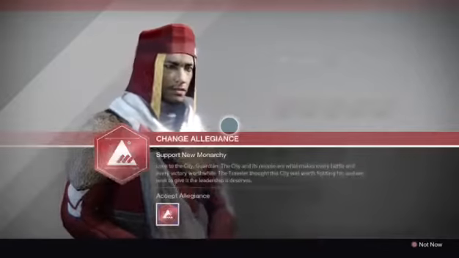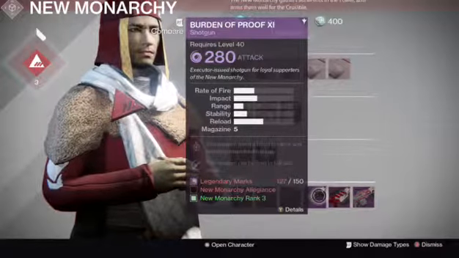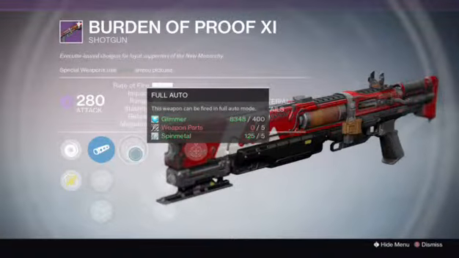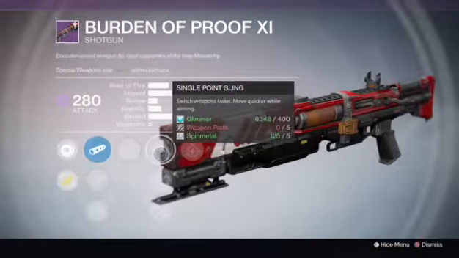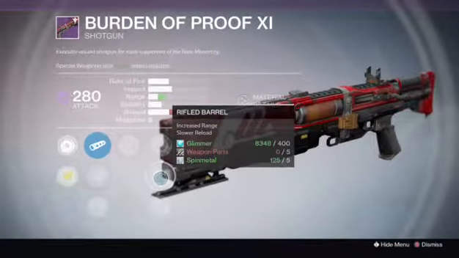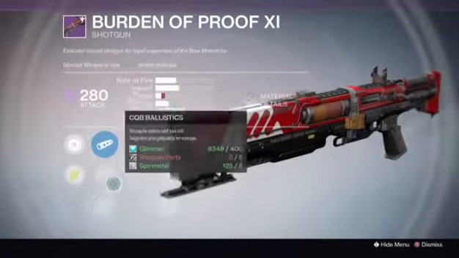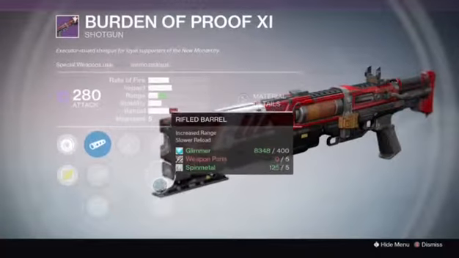So starting over here with New Monarchy, I really recommend the Burden of Proof 11. It's a great PvE shotgun, and it actually does very well in PvP itself due to the full auto. The underdog perk, so-so. But you also have a rifled barrel and aggressive ballistics, although I know the aggressive ballistics reduces your range. So if you wanted to keep smooth ballistics and run with the rifled barrel,